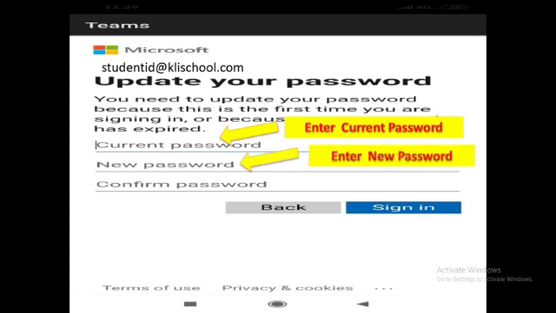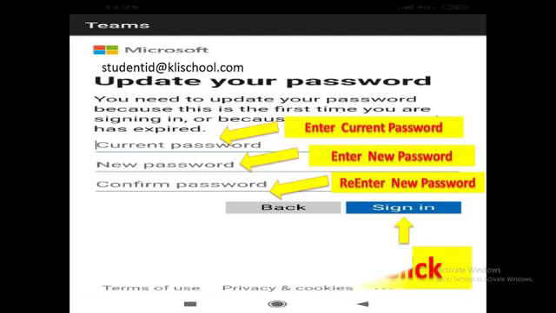Enter your new password. Now while entering the password, remember a few things. Your password should be of 8 characters and it must contain capital letters, small letters, digits and some special symbols like @. After entering your new password, you have to re-enter that password just to confirm it. And remember that the password should be remembered by you. After entering all these values, you have to click on sign in.